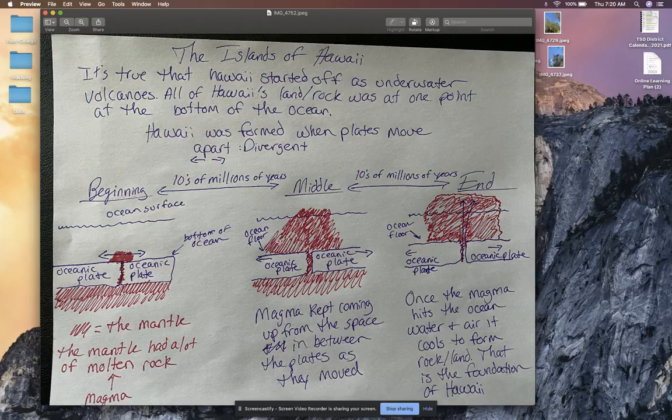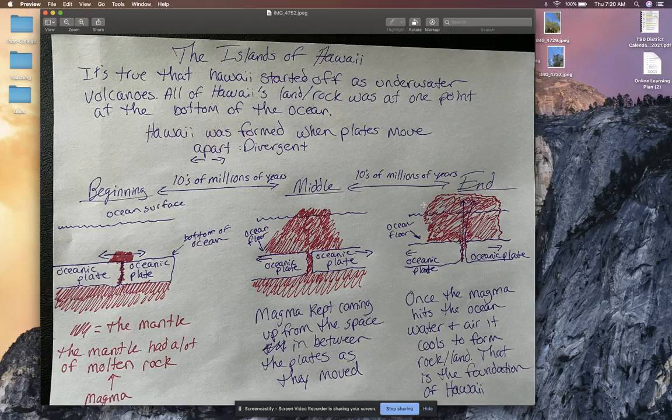But as time went on, and enough of the mantle kept coming up in between that space, it would cool, and then was enough to poke over the surface of the water. So at one point, Hawaii was just barely over the ocean's surface level. But then you let millions and millions of years happen. You keep having this happen, and eventually you get these massive islands that now poke up above